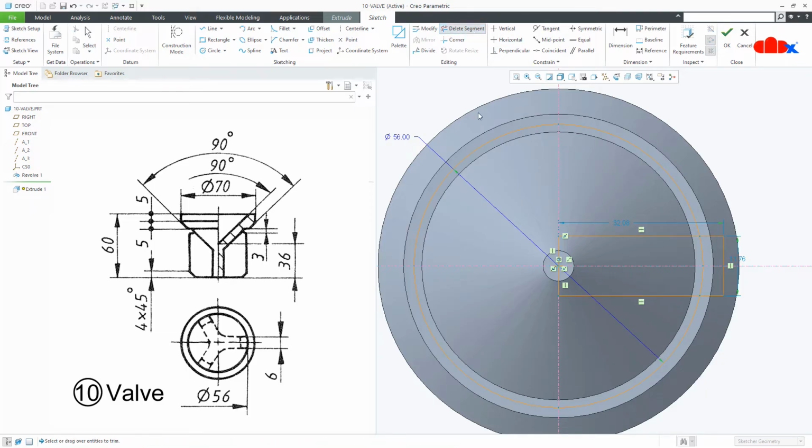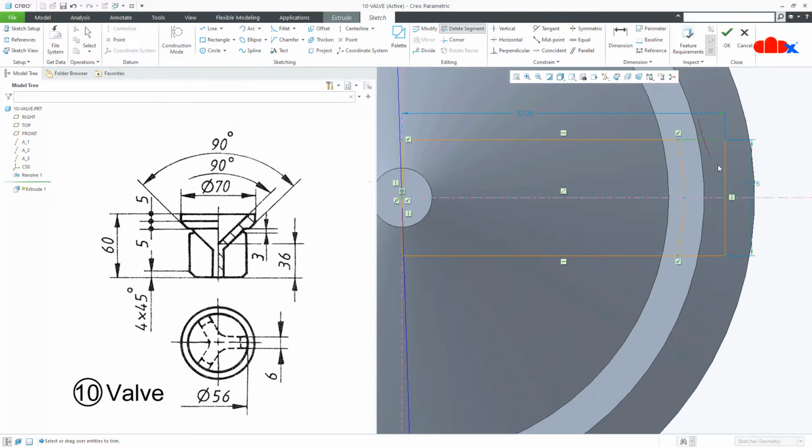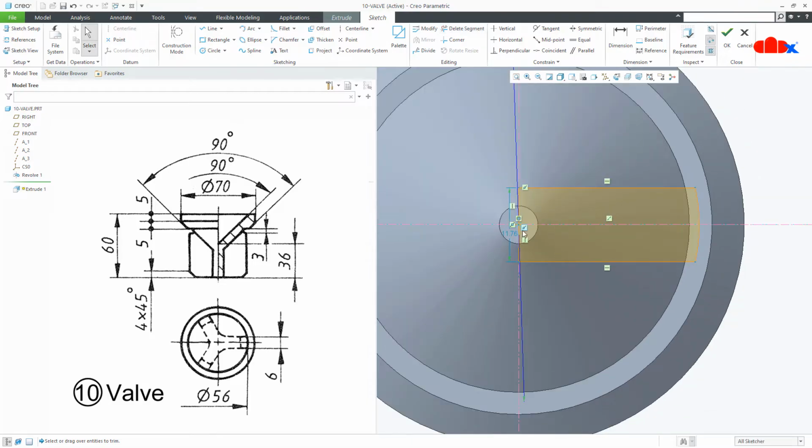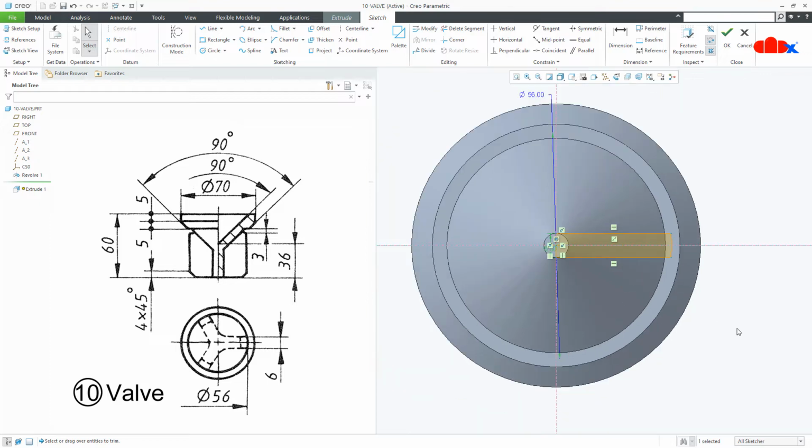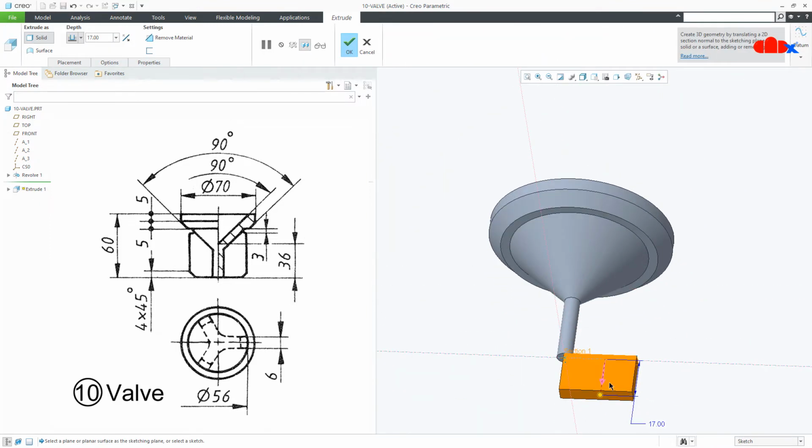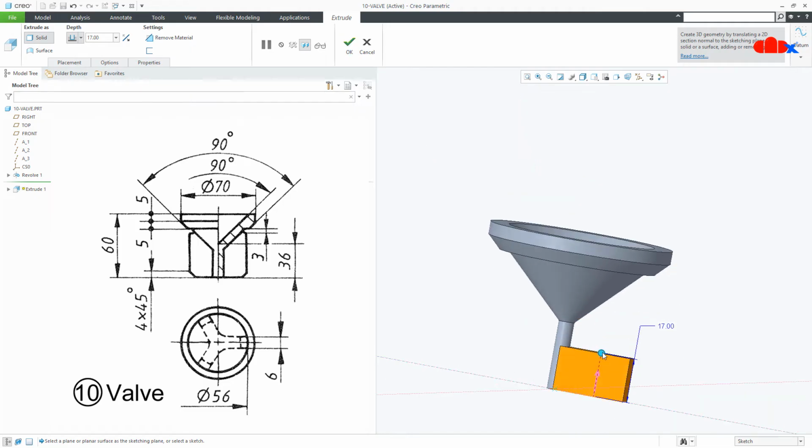Go to delete segment, delete this segment, this segment, this segment and this segment. Now I delete these two segments and these two segments. Now this is 6 and now you say OK. Flip the direction.